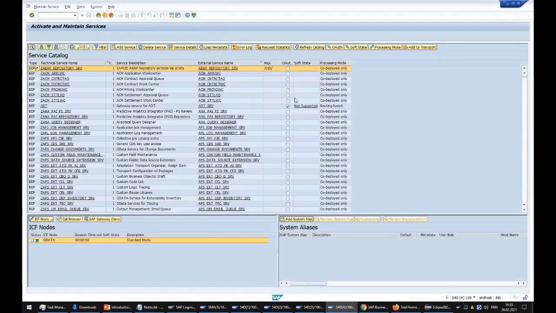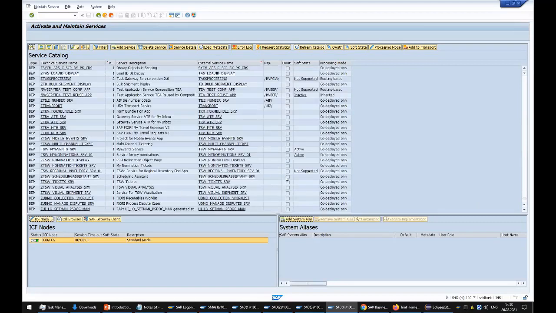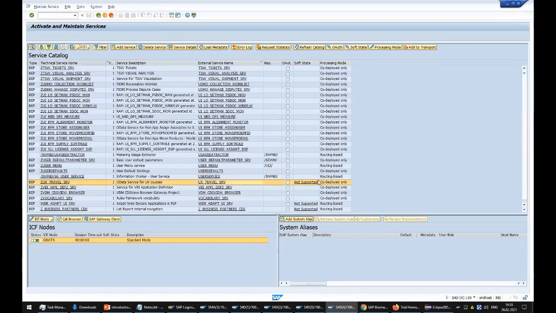That will take a second to load up. And the one that we're going to use is down here at the bottom, a bit more towards the bottom. There we go. And then you'll see UX_travel_SRV. Nothing special about this OData endpoint other than the fact that it's just a sample. It just makes some data available that we can use as our data source for an OData application. I'll double click on it real quick, confirm that the URL is active, and then go to the Gateway client,